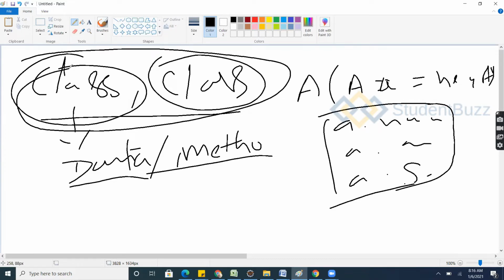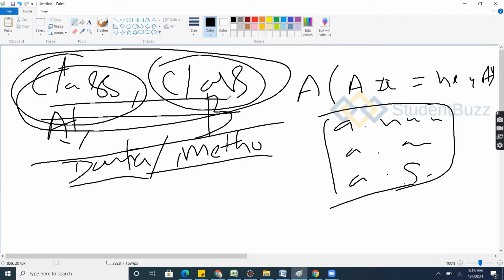So it is not having any relation. It's a class A, and it's a class B. It is not having any relation. It's directly, a class A object is created inside the B class, an object reference, which is this small a dot whatever name is and speak, all the methods are able to be called.